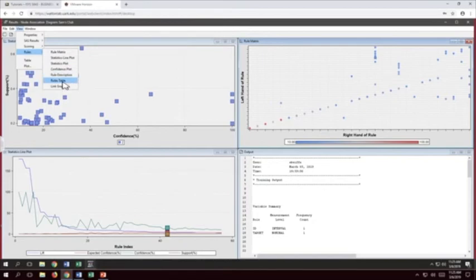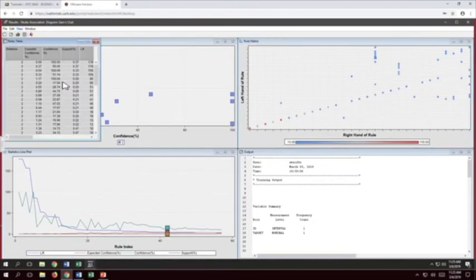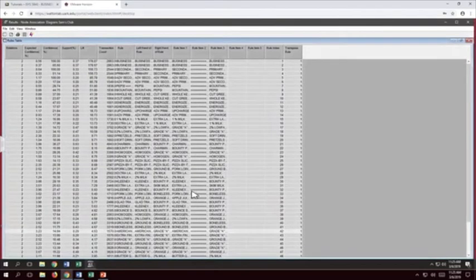But the rules table, here's the rules table. So this was the thing that I screenshot and zoomed in on for you, because I can't screenshot here. So here's the number of relations. So here we just have 2 items. And so here's the rule index, however it generated the rule index. Here we've got our expected confidence, our confidence, support, and any of these things we want to click on, we